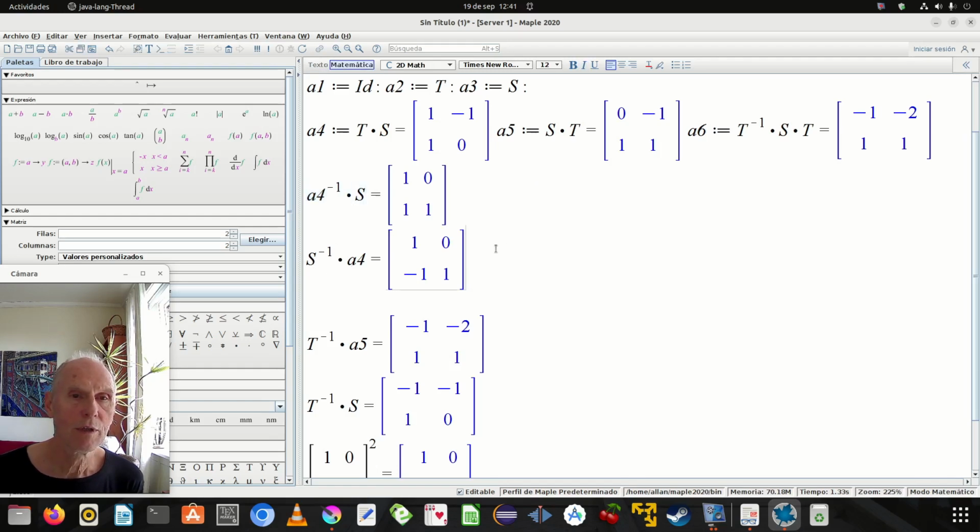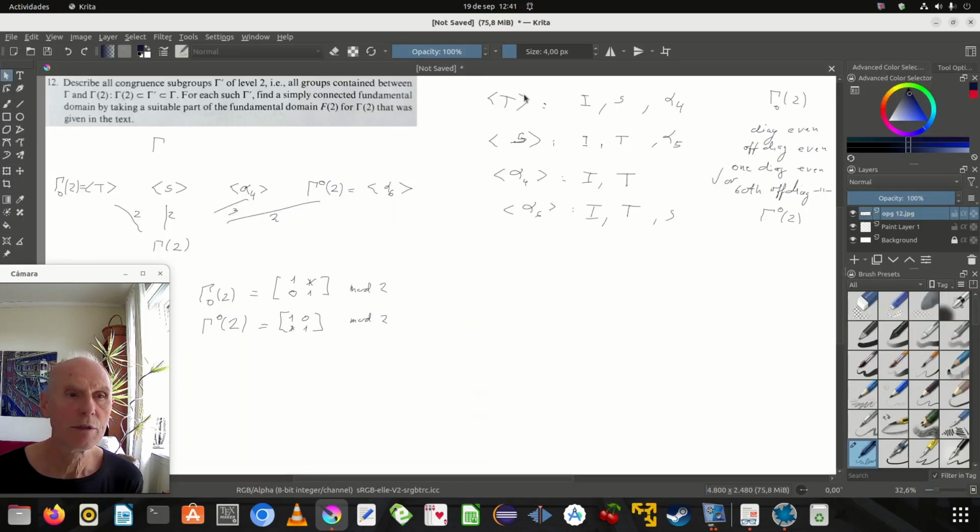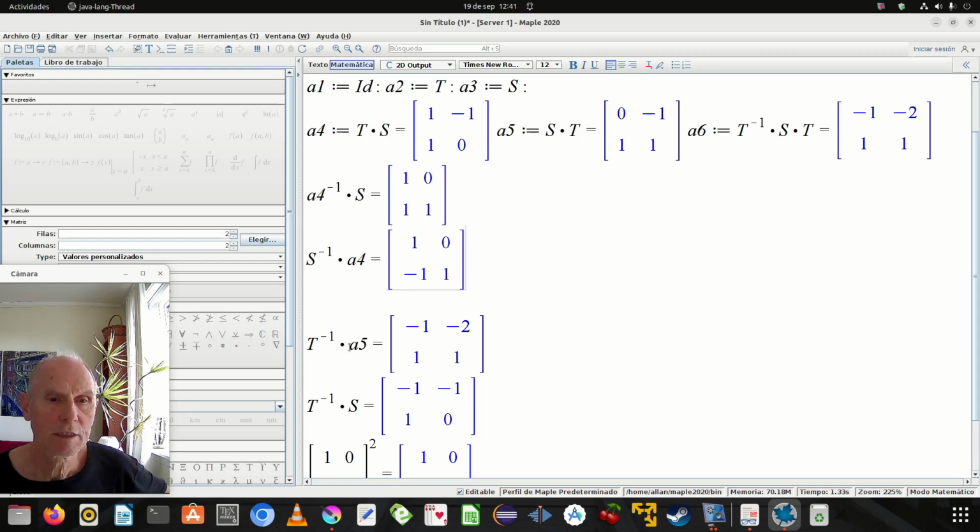Those lie in gamma upper naught. So it's not the one generated by T. And then alpha 5 and T to minus first alpha 5. That's not in the group generated by S. And finally,